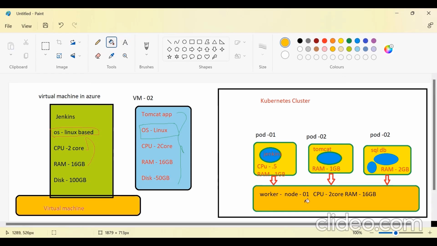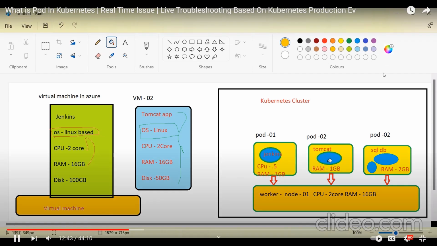But in Kubernetes, on top of a virtual machine, you can deploy multiple applications, and these applications are fully containerization based, like there's no dependency on the operating system. You can see here, I haven't installed any operating system on this pod. A pod is like a logical host. Okay, so you can consider this as a virtual machine. A pod is just a logical host. In this logical host I have installed the Jenkins. In this logical host I have installed the Tomcat. In this logical host, I have